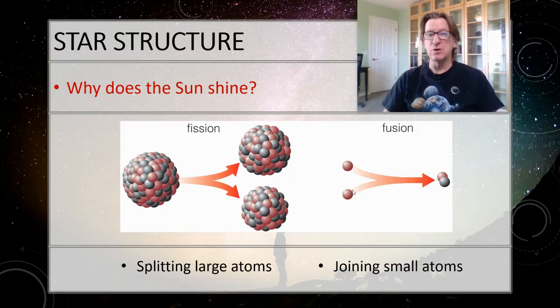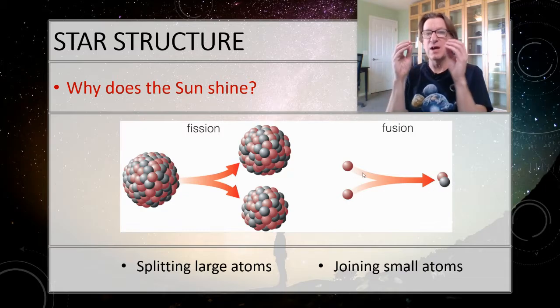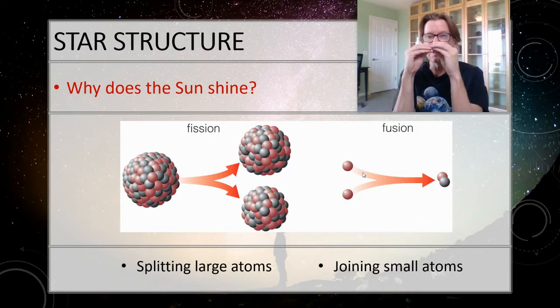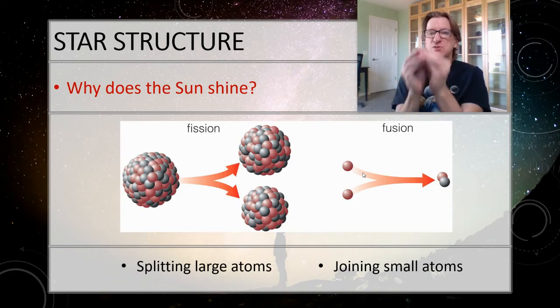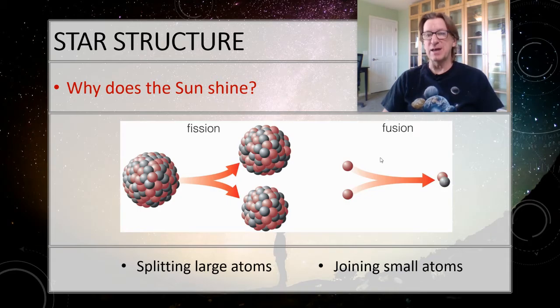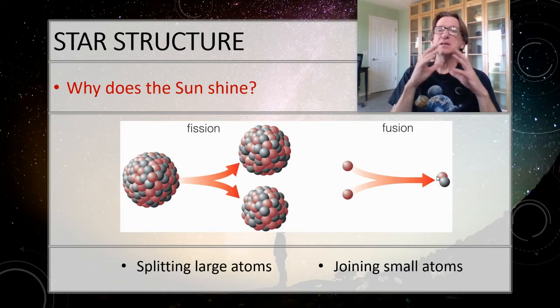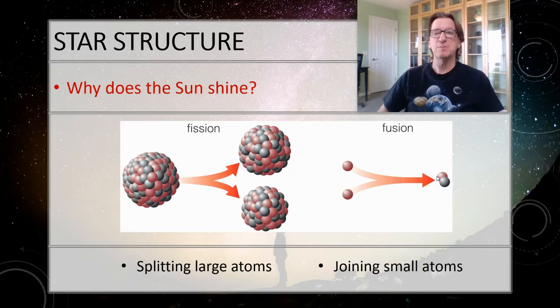Now, in the case of fusion, though, we're going the other way. So here I've got two protons that do not like each other. They do not want to be together. If I can get them to stick together, if I can push them close enough so that the strong force takes over, it'll bind them together. And then what I get is a helium atom. So two hydrogen atoms will make one helium atom. And so when these things fuse together, the difference in mass is still very small, 0.7% or something like that. But again, you multiply by that c squared, and it's incredibly huge. Fusion is what's powering the sun.